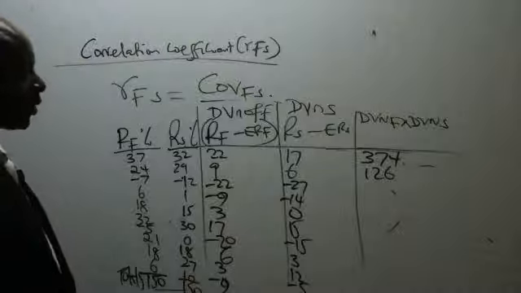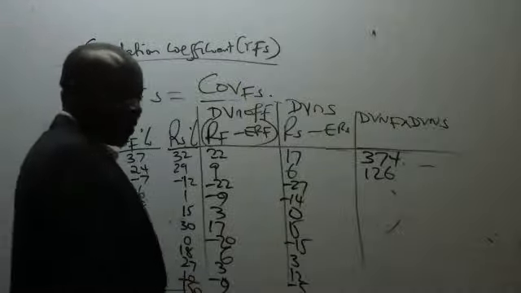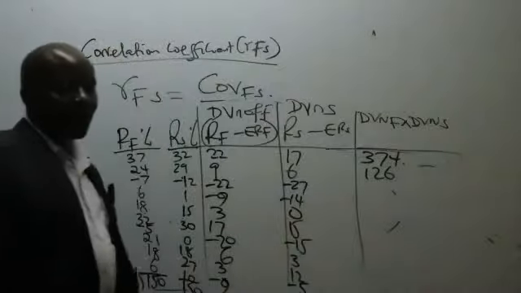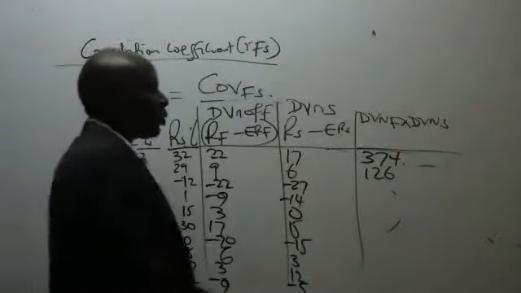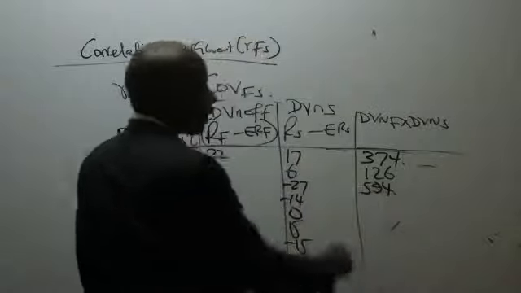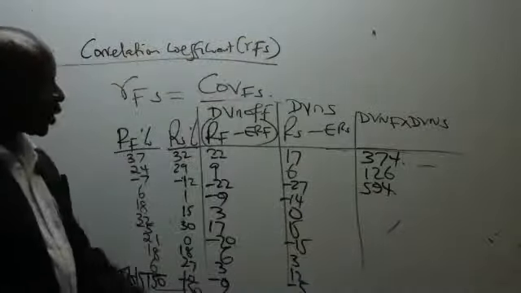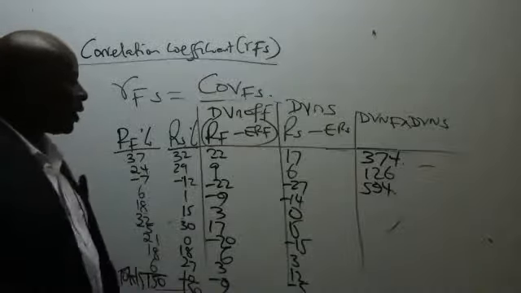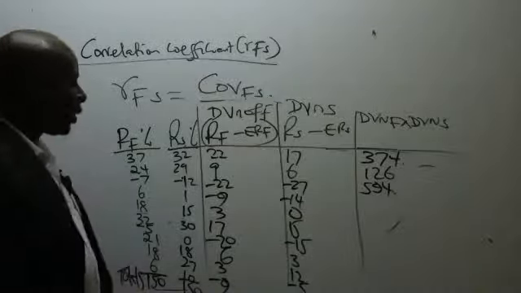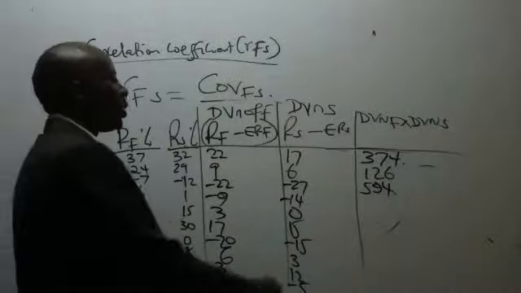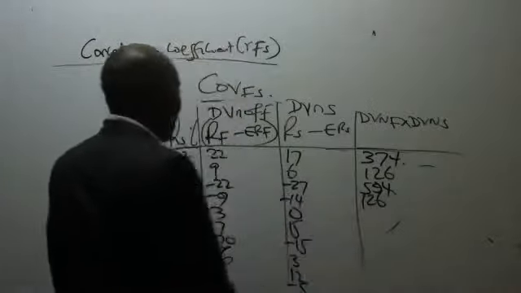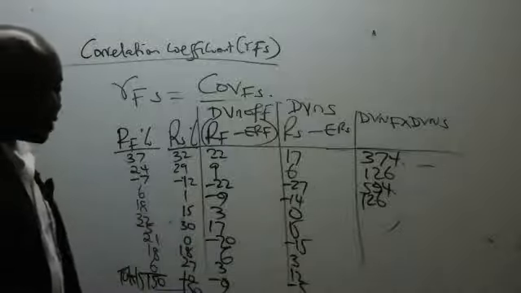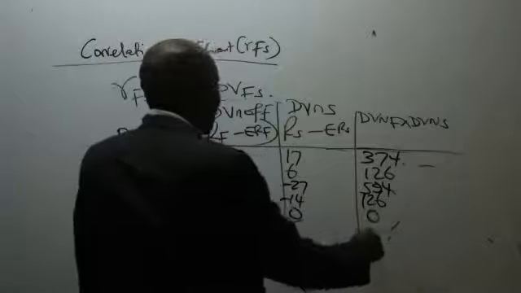Oh, okay. So the third one, now we are together. Is the third one the one that is supposed to be 594? Thank you very much. The fourth one is positive 126. The fifth one, I'm quite cognizant of that, is 0. The sixth one,